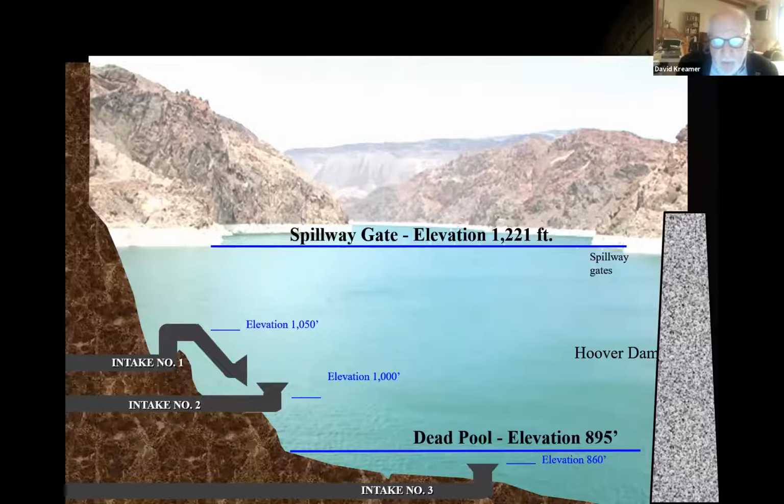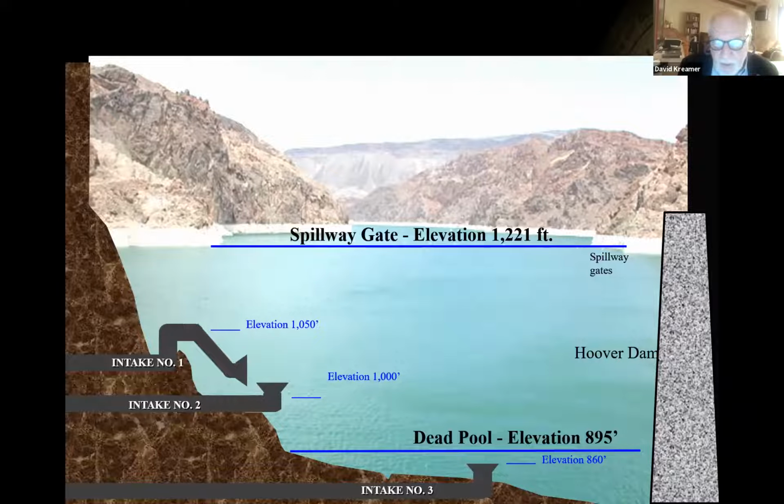Lake Mead is the largest reservoir in the United States, and therefore it's been used as a bellwether for what's going on and a basis for drought contingency plans. Because the drought has gone on for so long, there are specific problems to Lake Mead. The city of Las Vegas takes its water. Several million people live there. 90% of its water is from Lake Mead in the Colorado River system. And as the lake declines, there are problems with the intakes.